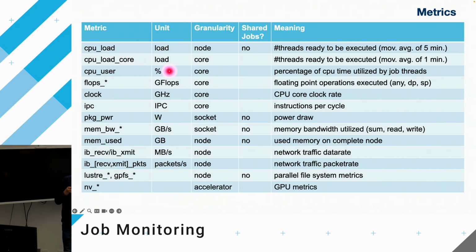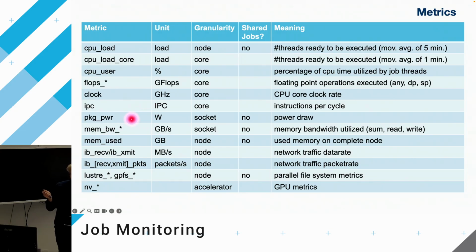CPU user is the percentage of time on a CPU core that your user code was running or using this core. So for example, if there's a 50%, then this means that 50% of the last sampling period, the CPU core was used or was running your code. Then we have the floating point operations per second, the CPU frequency,